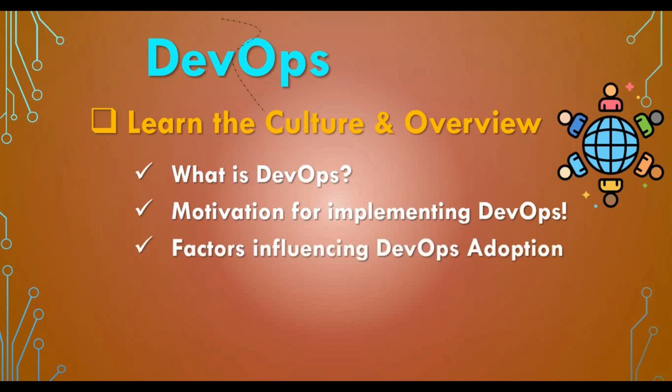You also need to understand that there are different factors influencing DevOps adoption. So you need to learn what the factors are which influence the adoption of DevOps in an organization. And there are also a lot of barriers, so some organizations cannot use DevOps. You need to understand what barriers impact DevOps. Some of them may be security or project management. Those are some barriers which have an impact on DevOps, so you need to understand those things.